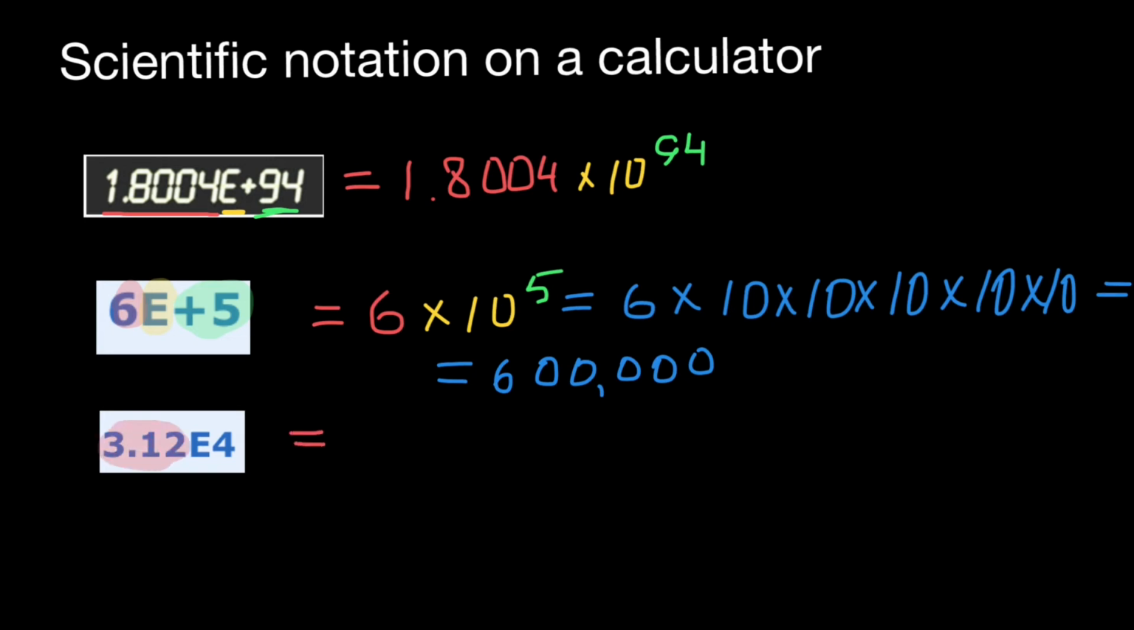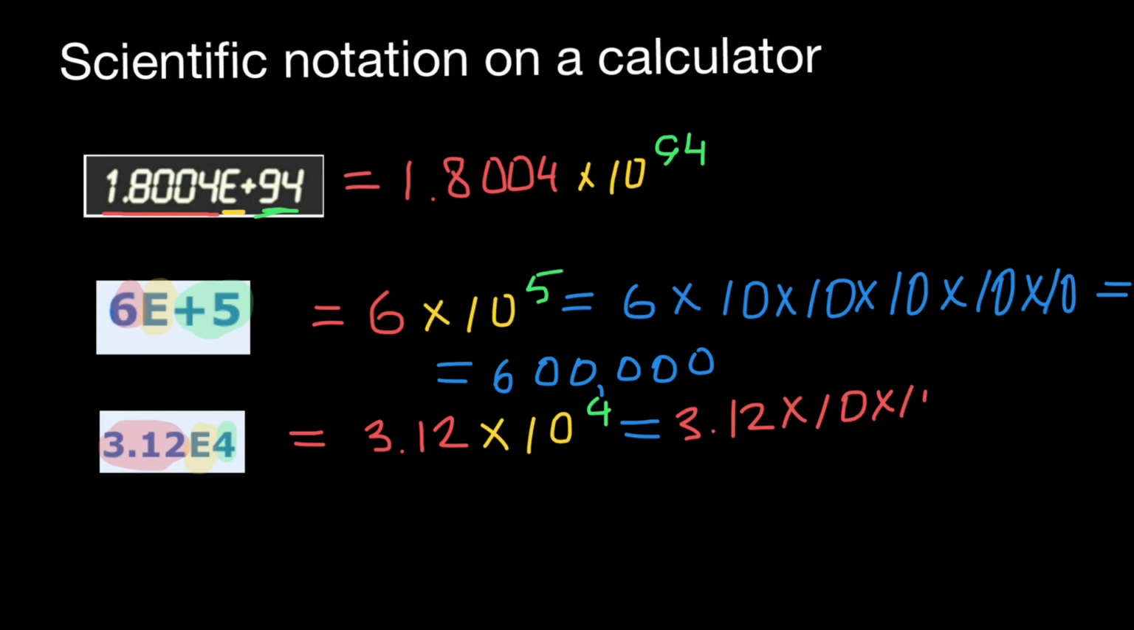So this number would equal to 3.12. E stands for the base, which is always 10, and the exponent is 4. So this number is going to equal to 3.12 times 10 times 10 times 10 and times 10. So we are going to get